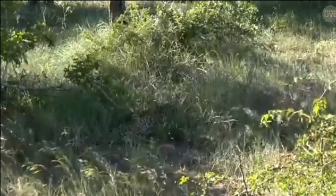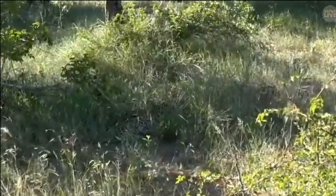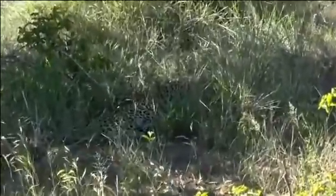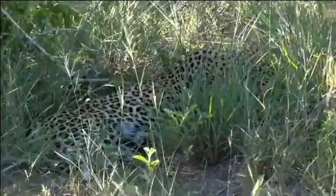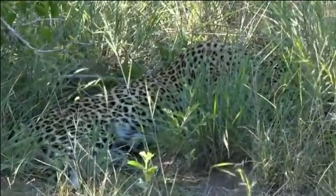And there you go, you can see she's just put her head down, and it's amazing. Look at, you see how well she blends in. Now you might have heard earlier I was saying that she's an ambush predator. Ambush is when this animal has to hide to chase after its prey, and you can see that those spots